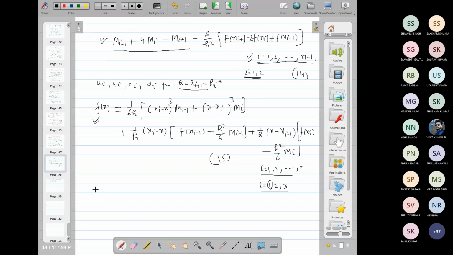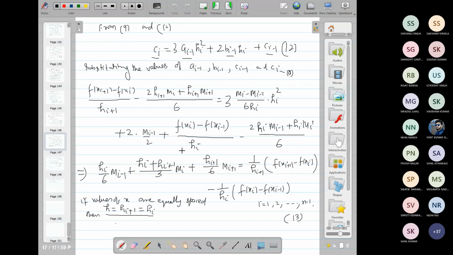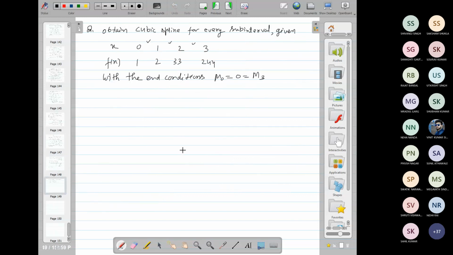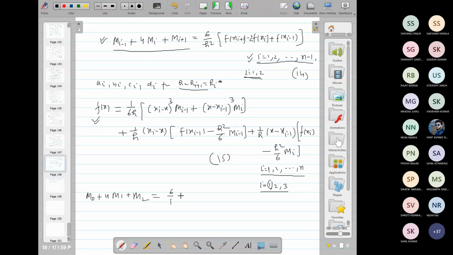So put 1, what will come? m0 plus 4 m1 plus m2 is equal to 6 upon h. What is h? Here, in the given question, h is 1, the interval difference, into f of xi plus 1 minus 2